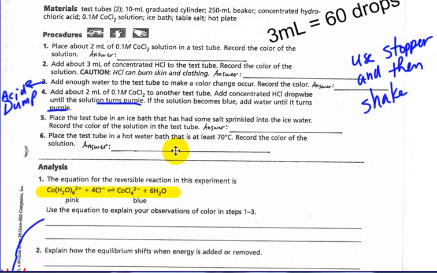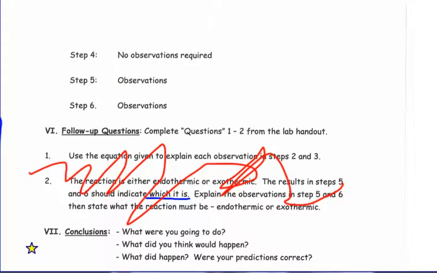And then we'll place it in an ice bath. Just because what's going to happen there is the ice takes away heat. And then after that we'll put it in a hot water bath, in which heat is added to it. So in one we're taking away heat, the other one we're adding heat. Okay? So back in the hypothesis section here,